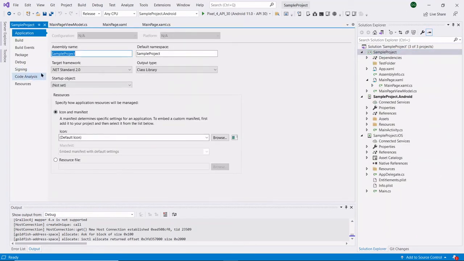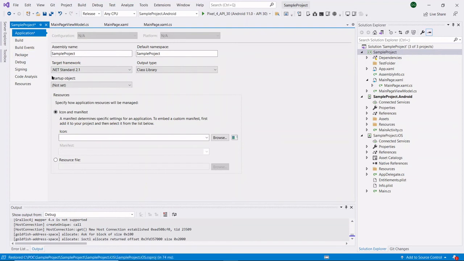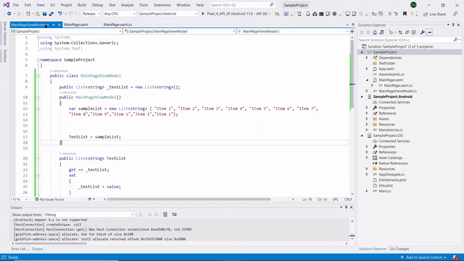In the application, you can find the target framework version. The default version set in my Visual Studio is .NET Standard 2.0. In this, the null coalescing assignment operator will not work. So I am setting it to version 2.1. In .NET Standard 2.1, our C# version will be 8.0, so it will work.